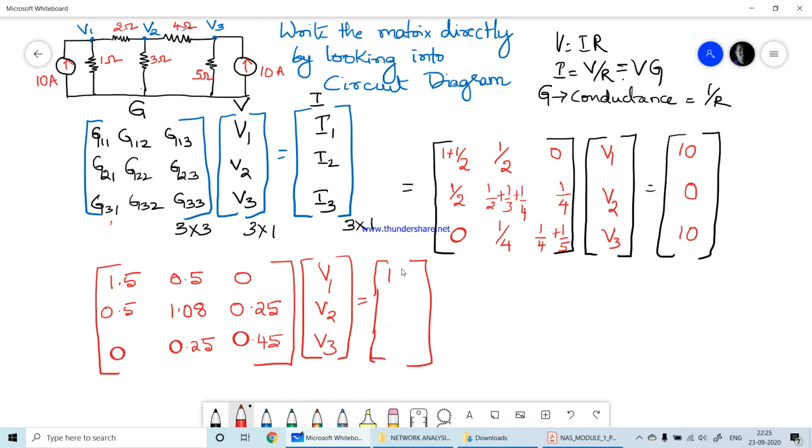So we get 10 here, then we get 0, then we get 10. Now, leaving the principal diagonal elements, as we did in mesh analysis also, all other elements will be negative. Therefore, what is the final matrix that we get here is